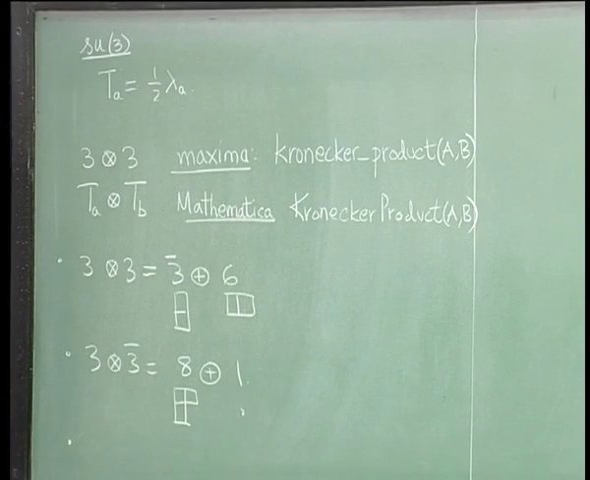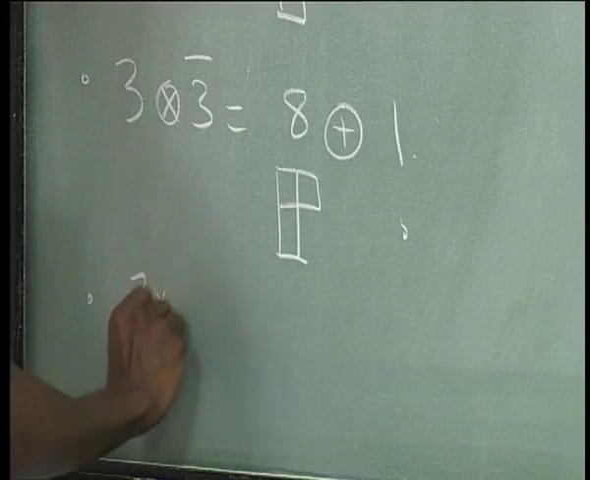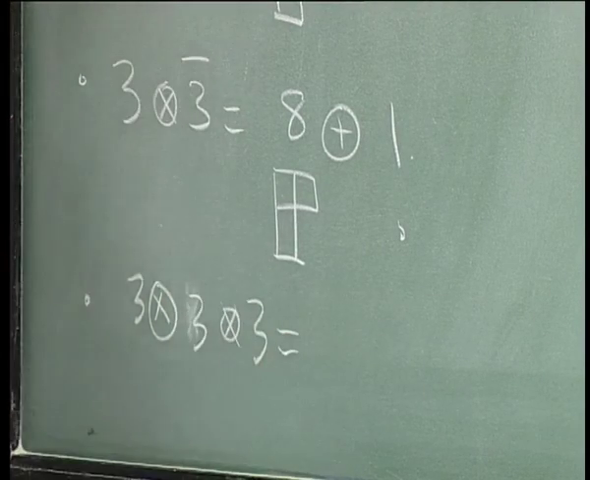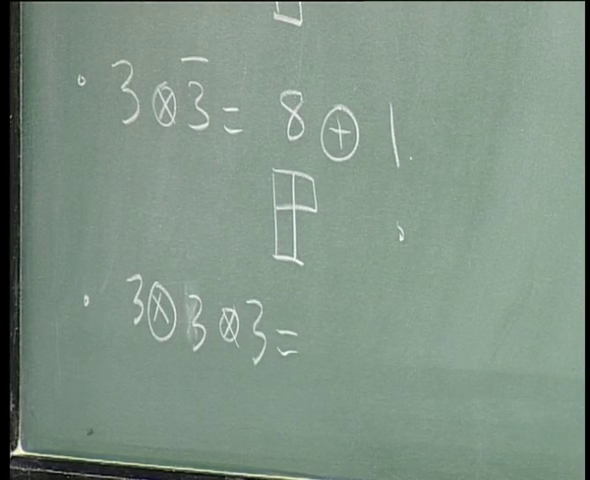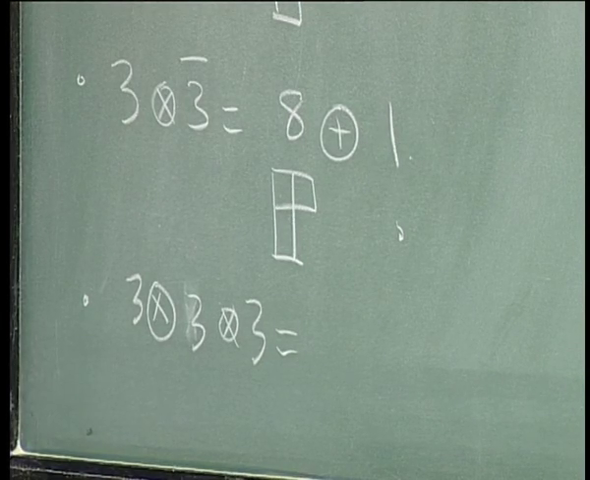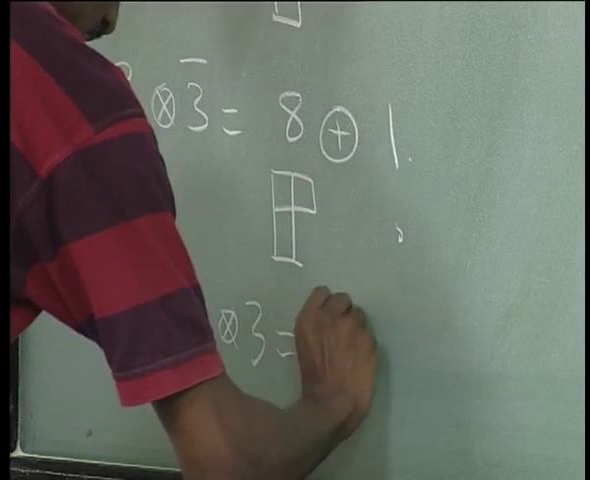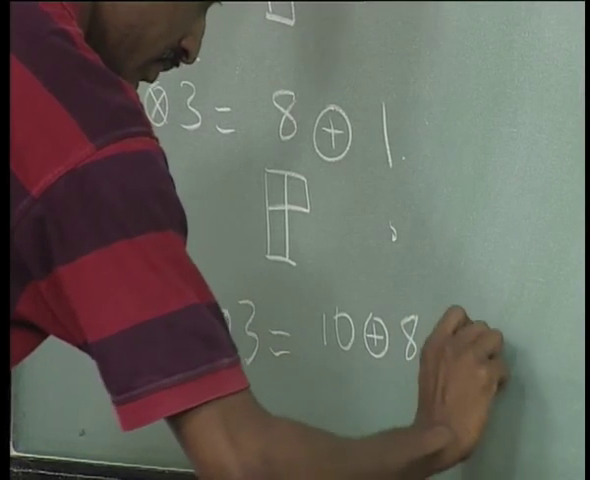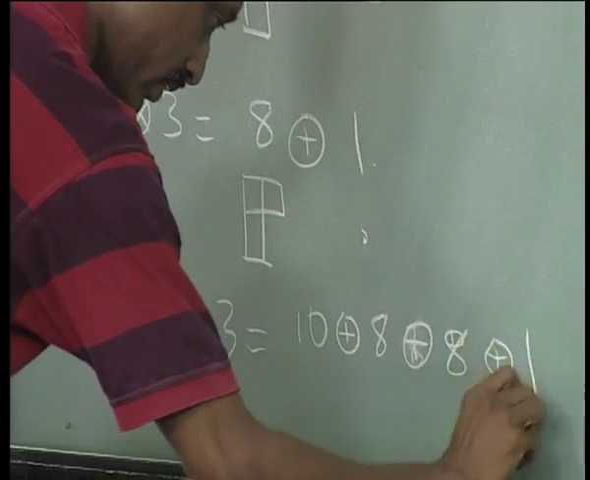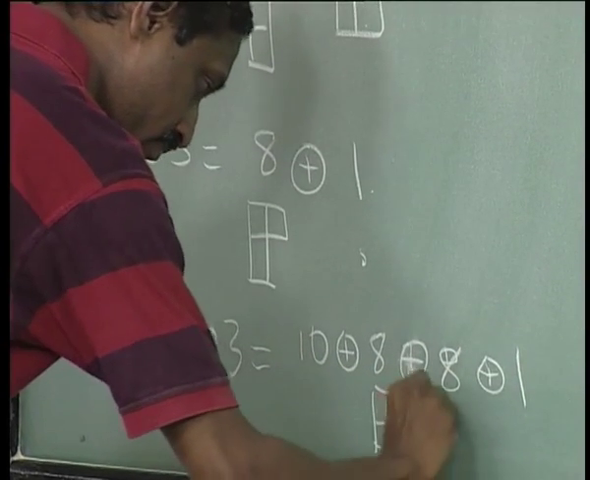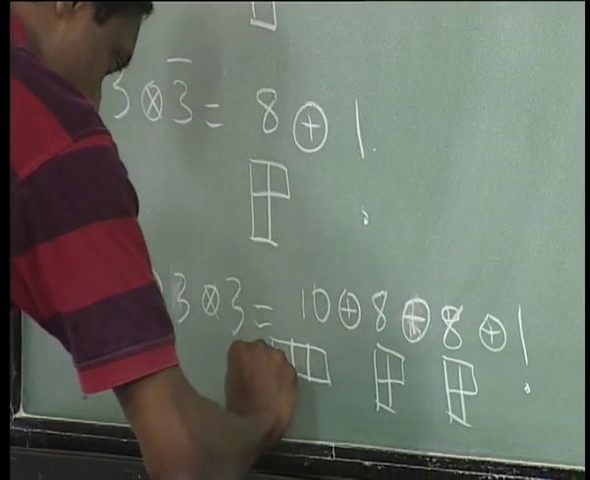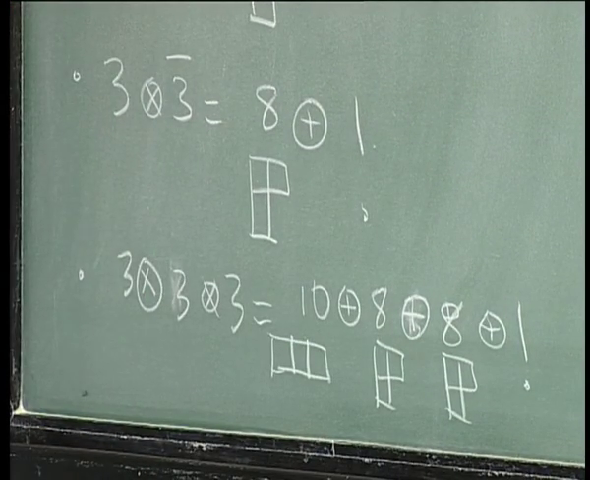A little bit of a pain to do is the next one, which I will write. That's if you have 3 tensor 3 tensor 3, which was, can someone remind me what that was? Yeah, okay. So that was 10 plus 8 plus 8 plus 1. So these were just these, this was just a dot, and this is